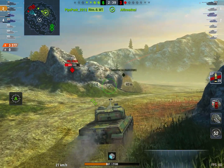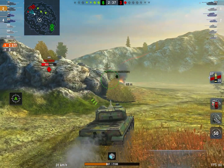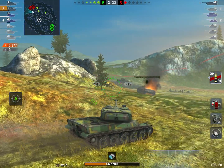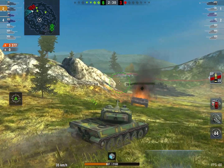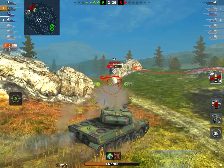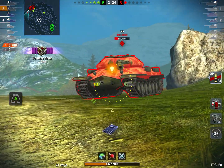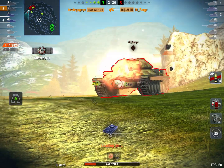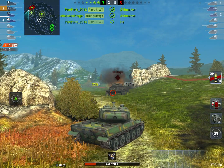RHM is just racking up those kills right now, and there's still 900 damage now left on this Object 252U, and I really want to get these kills. My team is coming in fast, so this is where the mobility of the tank does help out quite a bit here. I'm going to be able to get around the corner, get a nice snapshot there into the 252U, get another shot in the lower plate, and before my team can get there, I will be able to finish him off for 3 kills and